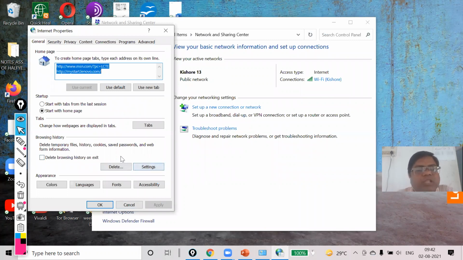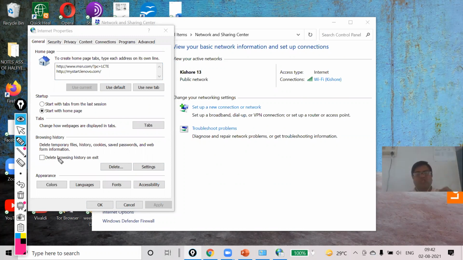Now there you will see delete. Students, you must use delete so that the cookies, files, and temporary files that you have can be deleted, because sometimes these also take more space on your hard disk. I'm not going to use delete because I have some cache and cookie files that are important for me.